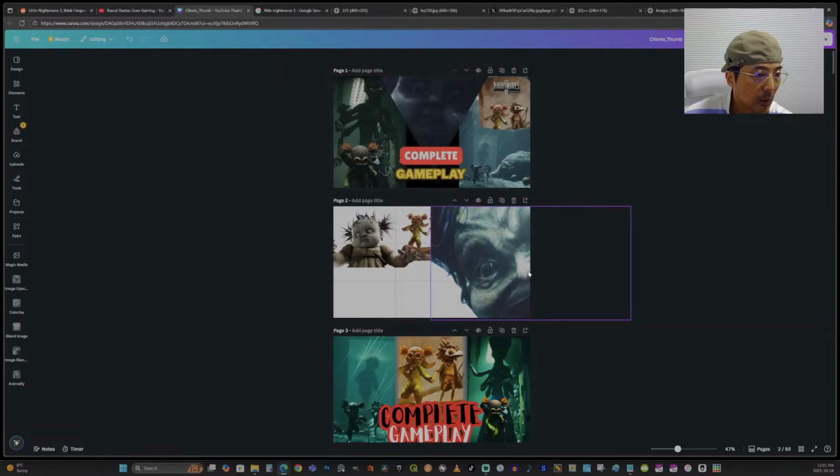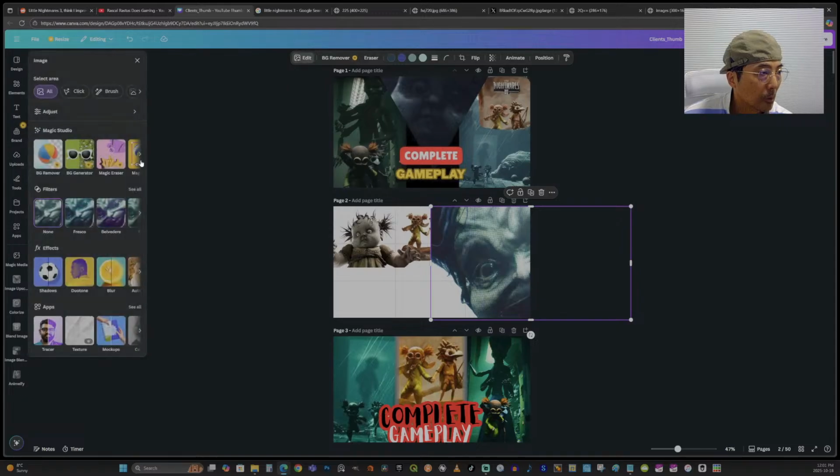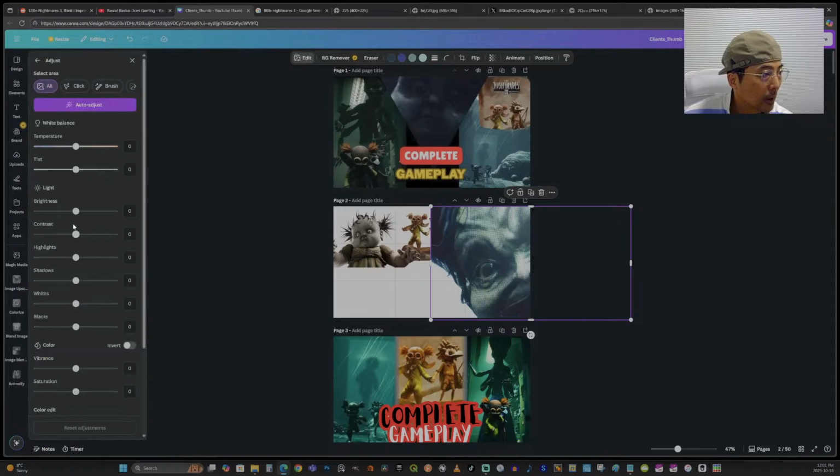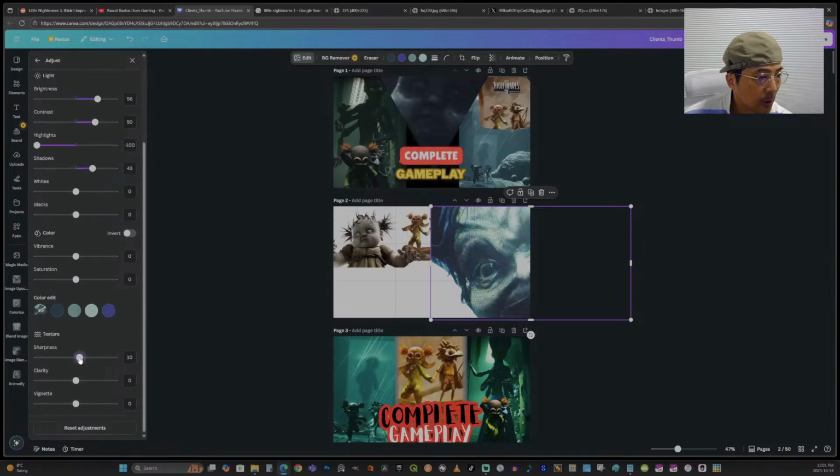Okay, and you probably want to adjust the brightness of the shadow and then the contrast a little, because I want to bring out her eyes. You can adjust the brightness and bring down the highlights. So now we've got her eyes, and probably sharpen the image,